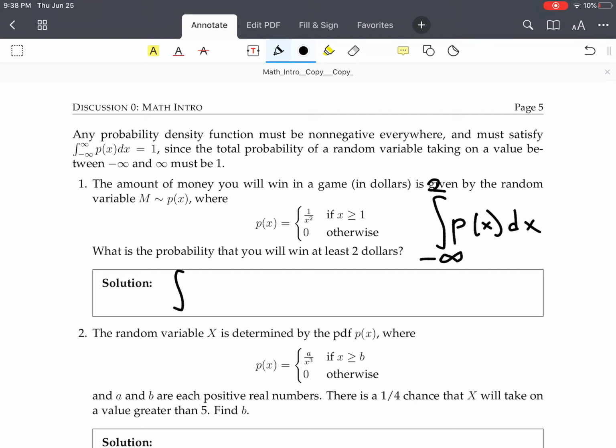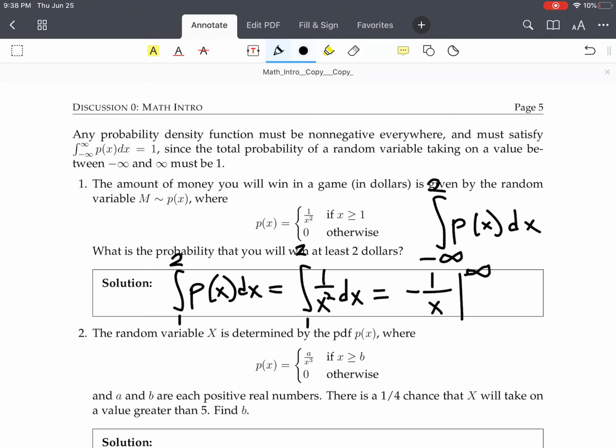And so we can write the integral from 1 to 2 of p of x dx is the probability we're looking for. So if we go ahead, plug the actual function in, so it's 1 over x squared dx. And so we can go ahead and take the antiderivative, so that's 1 over x from